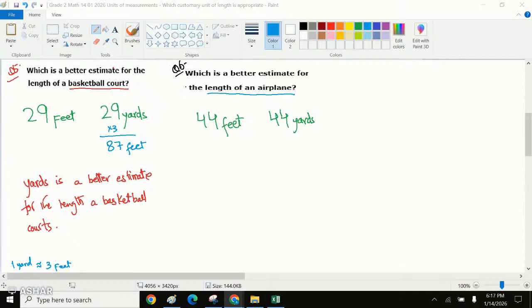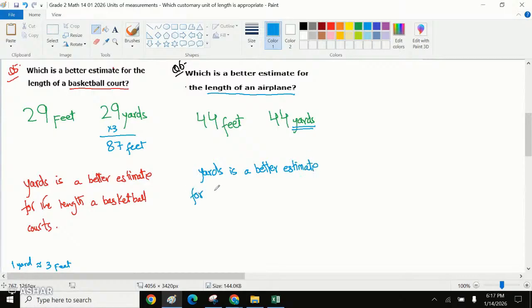If the basketball court was 29 yards, then the airplane has to be more than 29, right? So we say yards is a better estimate